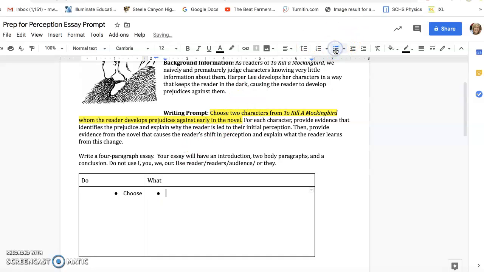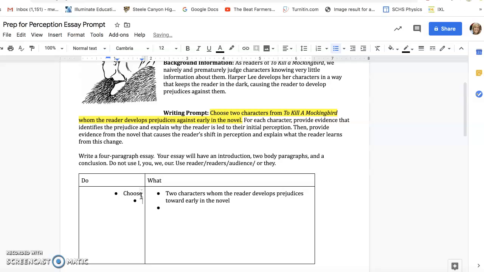You are choosing 2 characters whom the reader develops prejudices toward early in the novel. Okay? And then another verb would be,